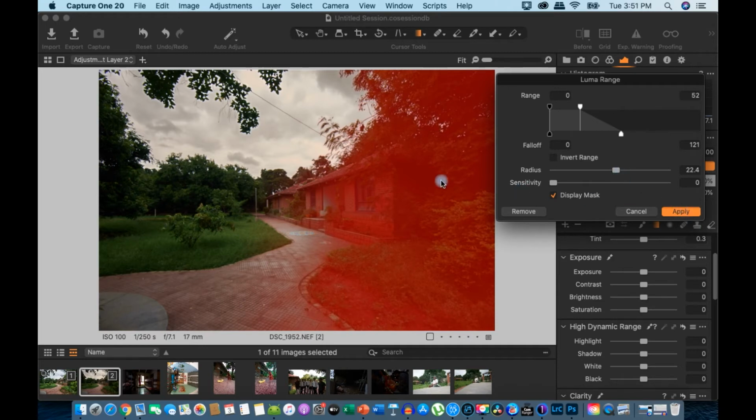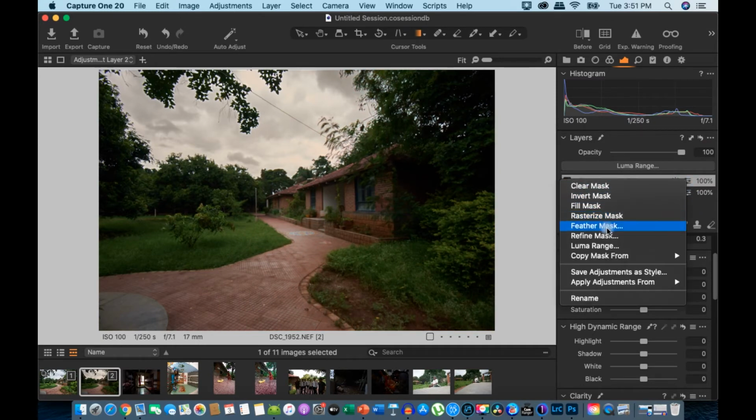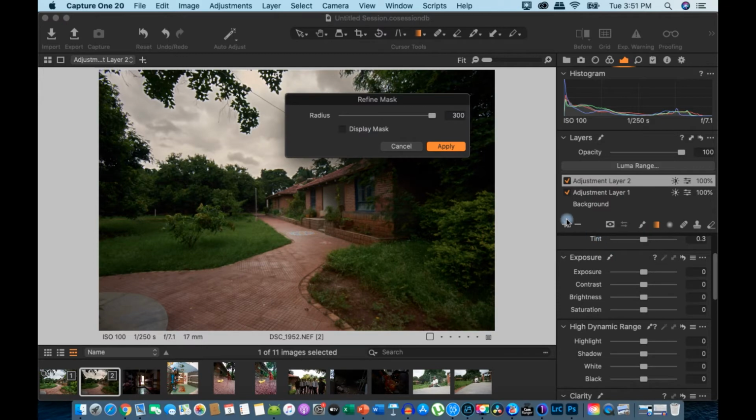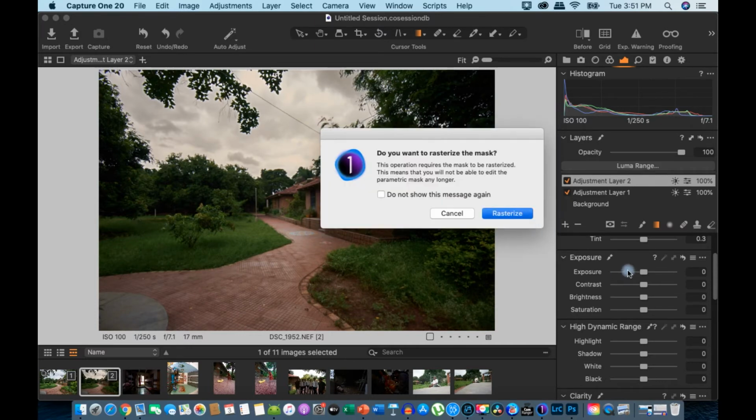Right, so we have created a nice mask for this area, and let's refine the mask, apply. Now let's see what it does.